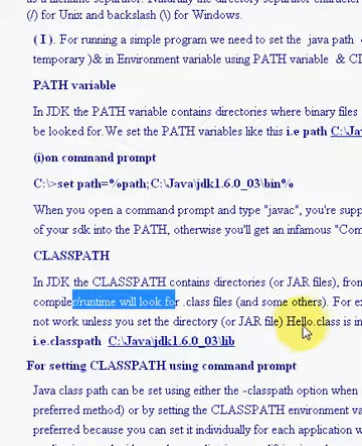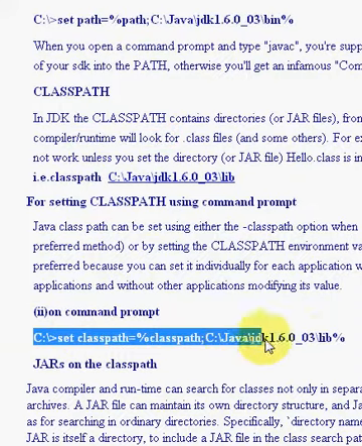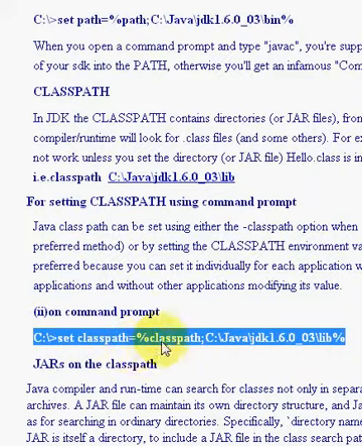For setting the classpath using the command prompt, use this command: set classpath=%classpath%;C:/ followed by the address. Copy the address of the whole path and put a percent sign after it.